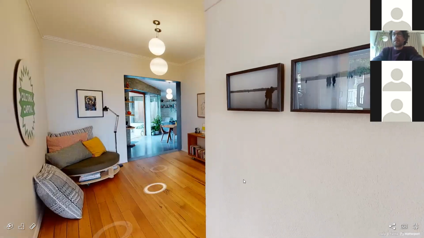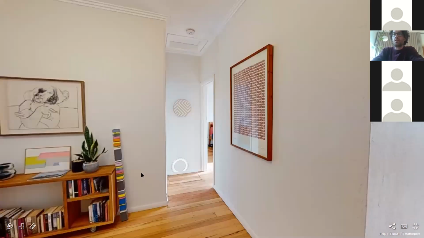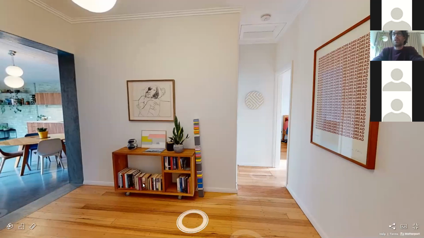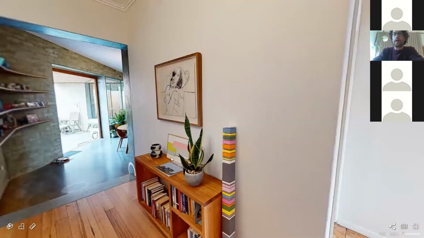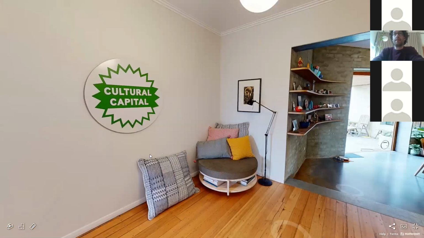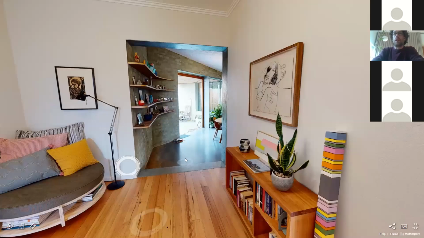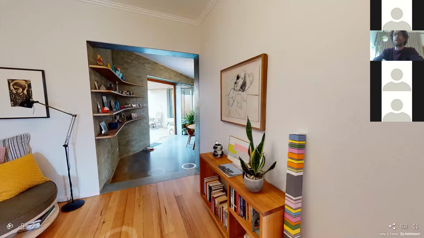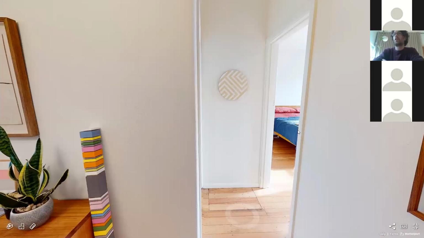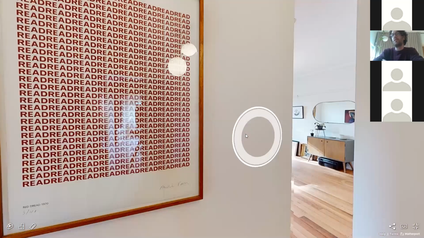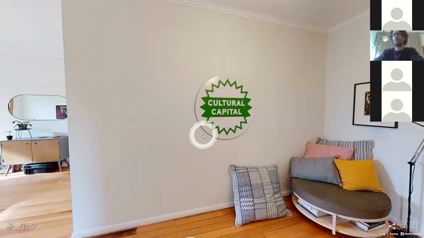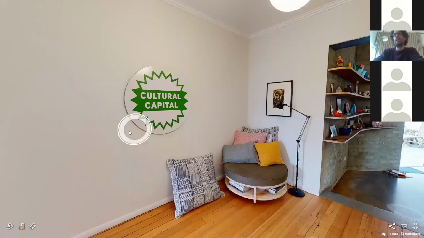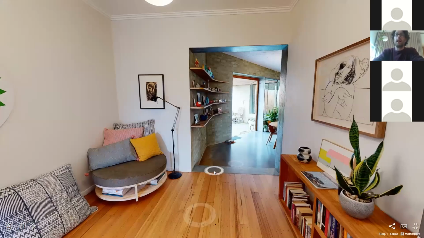See if I can get right into it. So my clients, Richard and Rebecca, are artist and curator, and so this is really a space which allows them to explore their loves and their interests and curate a space within the house. So often art is relegated to corridors, or maybe there's one or two pieces in a living room. But in this house, to have a space dedicated to their artwork was a really nice,